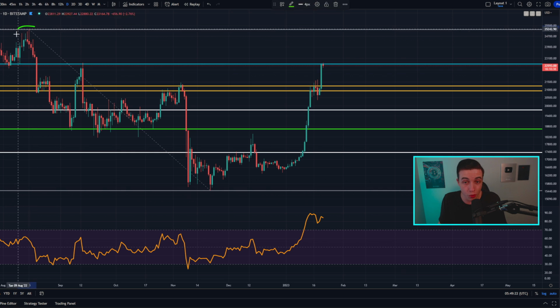And if we break 25.2k, which is the top of this local high just here, then that would be an extremely bullish confirmation signal. But obviously that hasn't actually happened just yet. So 22.7k is the resistance to focus on, at least as of right now. And in terms of support here on the daily time frame, technically this previous golden pocket level of resistance should now be acting as new support, coming into play in between around 20.9k to 21.2k. So once again, that should now be acting as new support